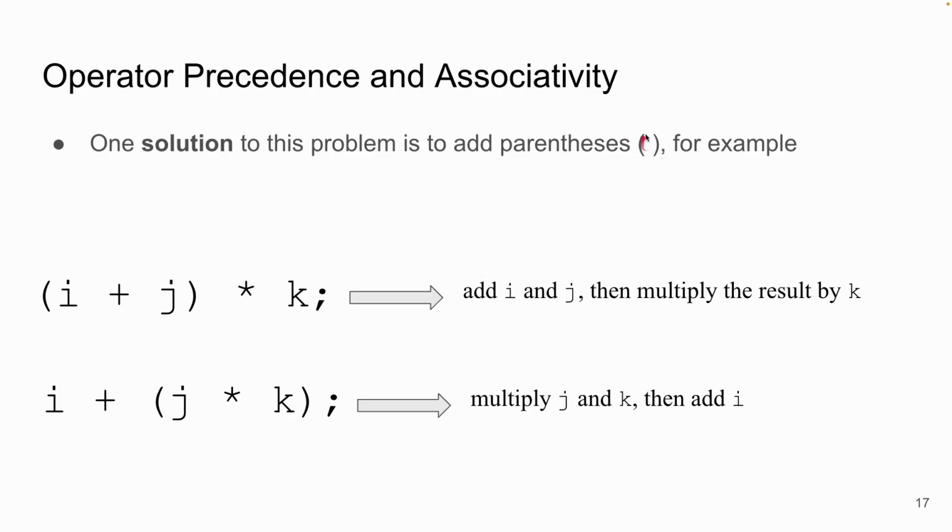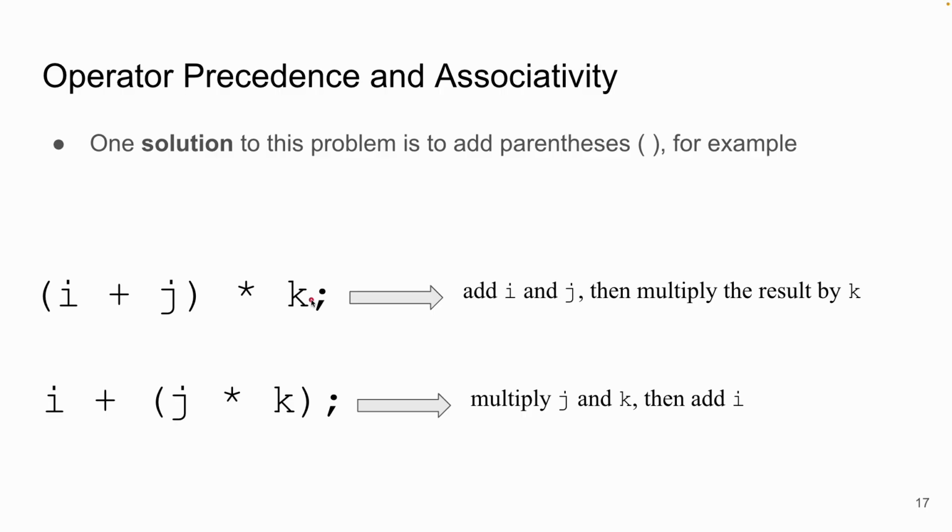So the parenthesis is 小括号 here, the parenthesis. For example, if we want this expression to do the meaning, the first meaning we explained here, we can add the parenthesis to tell our computer that this expression should be calculated first and then do this expression. So if we add the parenthesis here, our computer will add I and J first and multiply the results